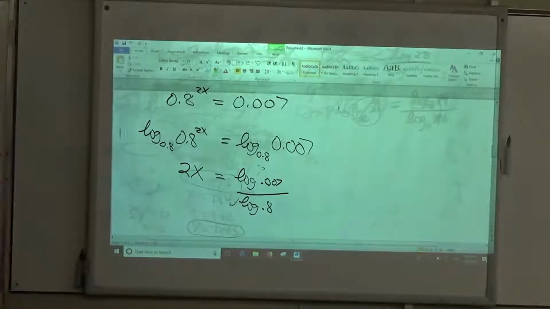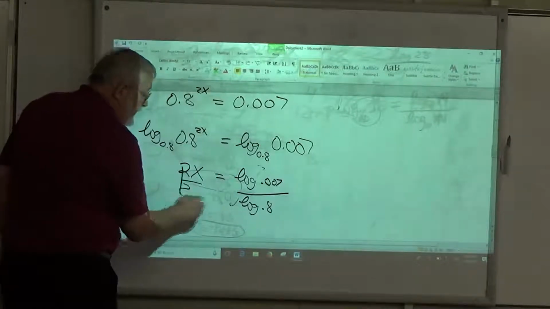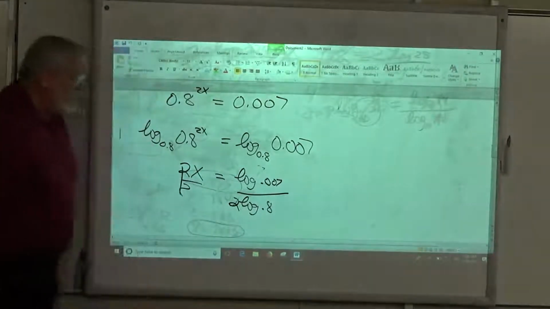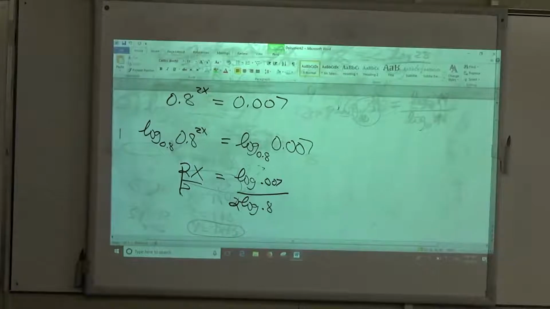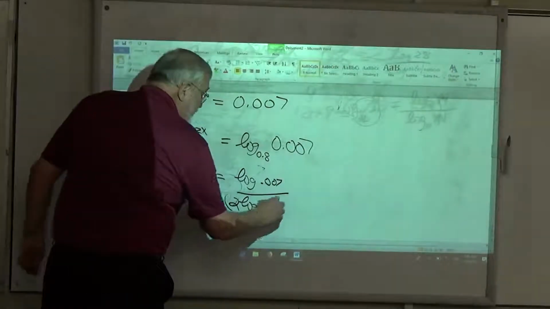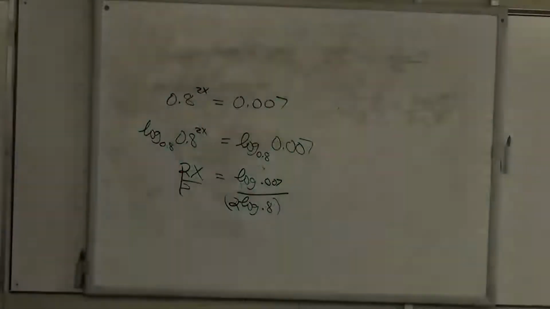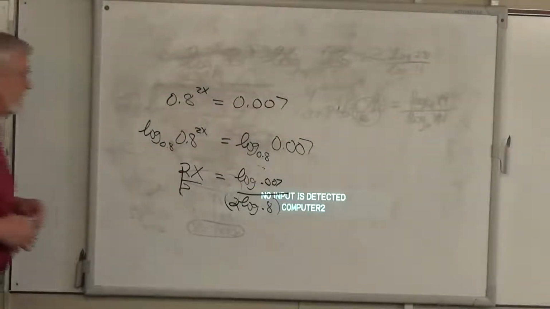How do I get 1x? Divide this by 2, and if I do that, I get 2 log of 0.8. That's what you put in the calculator. Make sure that this whole thing is in parentheses. Log point,